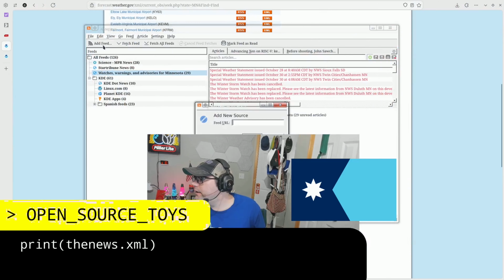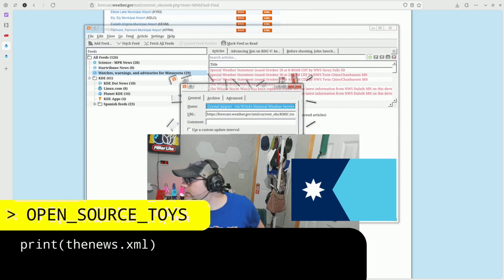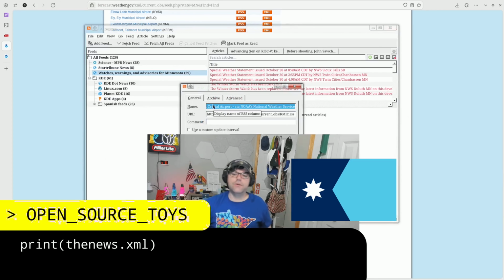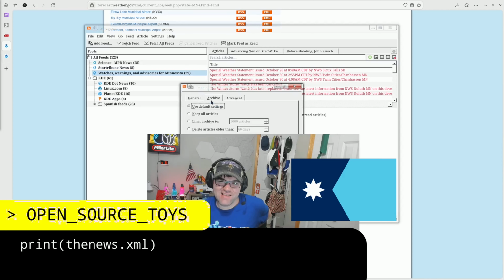And finally, we are going to add that and get the Crystal Airport weather forecast in Akregator. And I want my weather almanac of sorts. And I don't know what parts of this are going to have, if this is going to have observed weather and the forecast, or just the forecast. If it has both, then